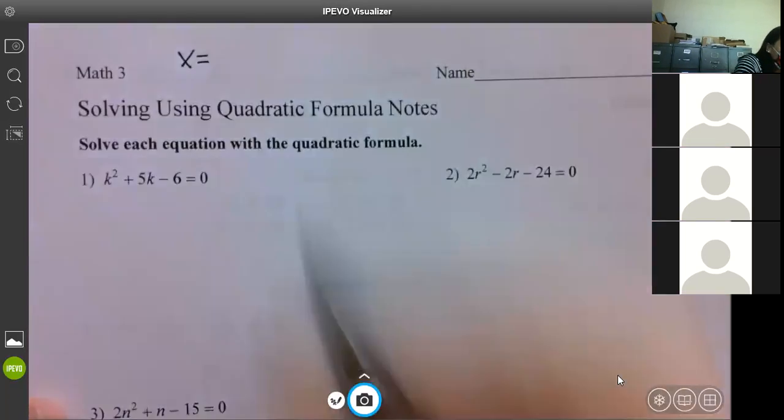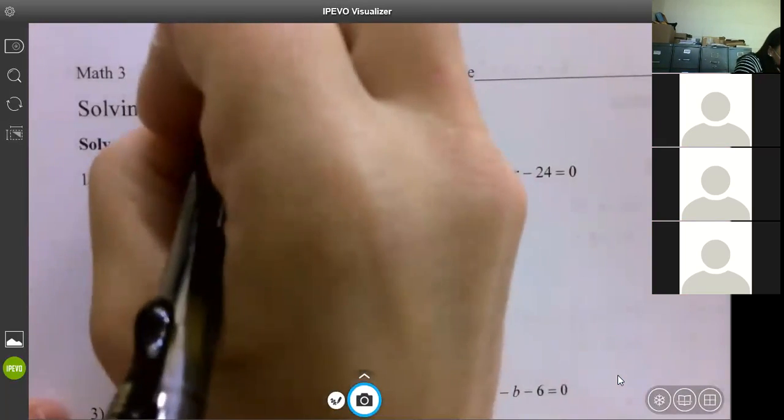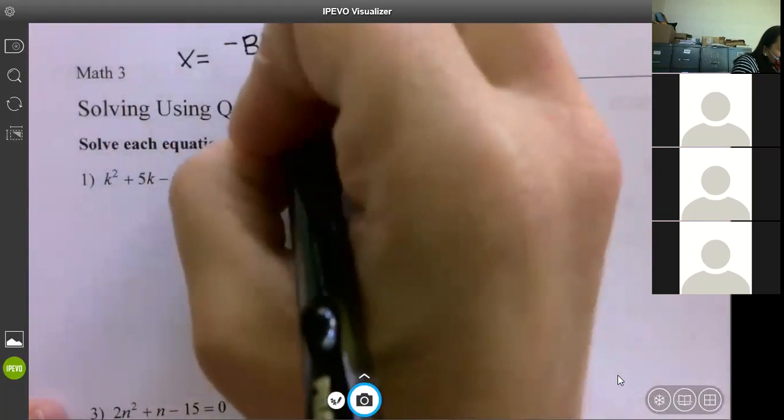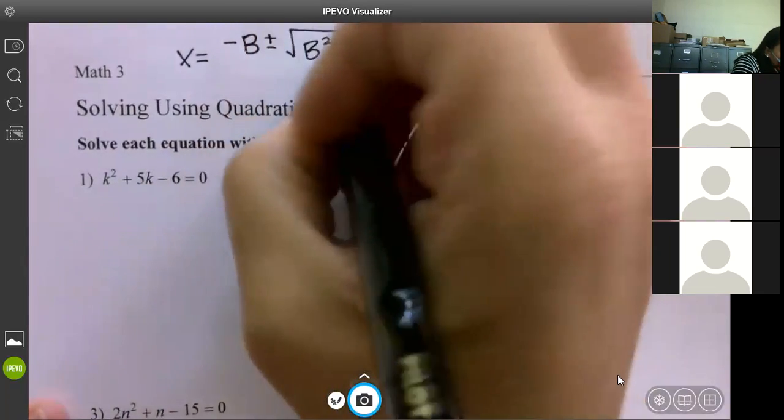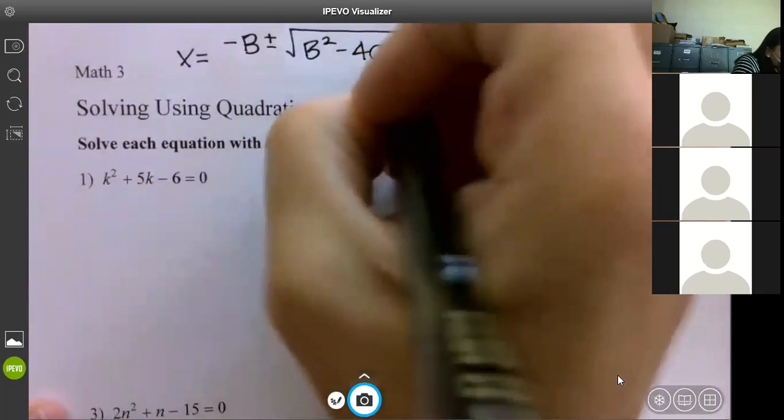we should remember quadratic formula is x equals, change the sign of the middle, so -b, plus or minus a big fat square root, b squared minus 4ac